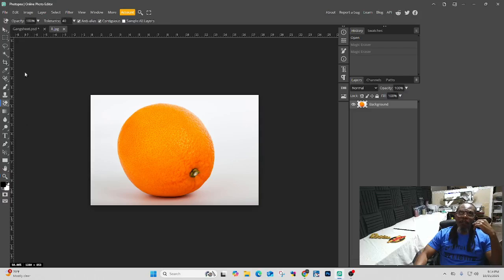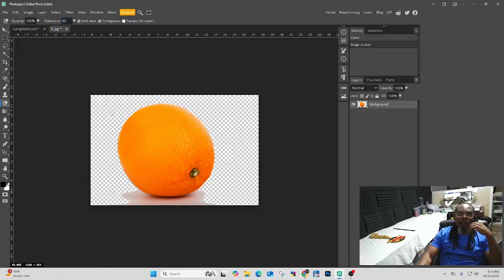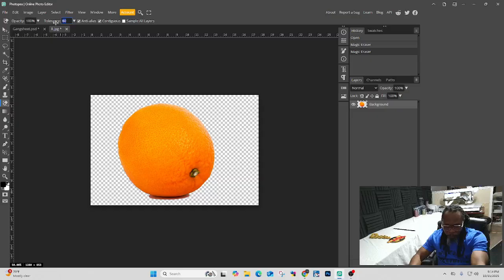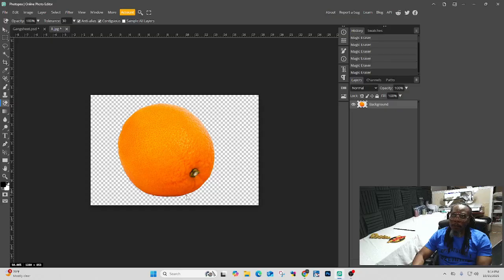We're gonna go back to Magic Eraser, and we're gonna go 60. I usually like 60, 60, 70, and then boom. You could hit another click, and if you want to manually get it close to that bottom edge, you probably go do about 30 over here, and then just like that. You know what I'm saying? You get a cleaner edge, and also